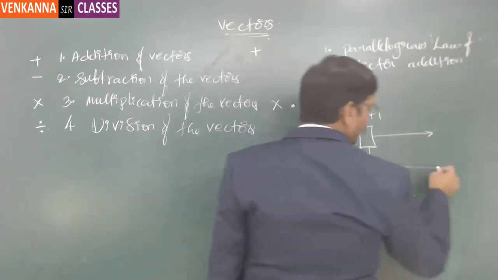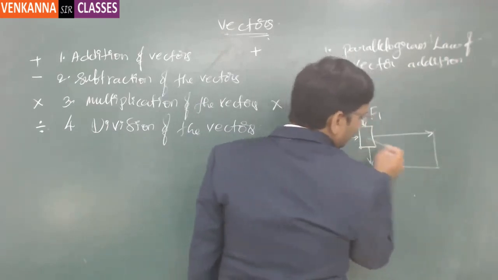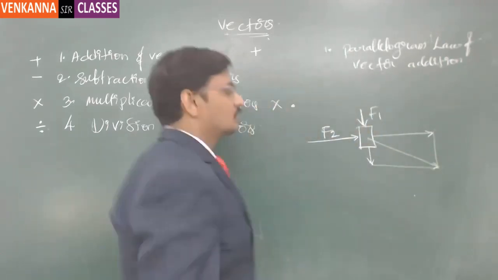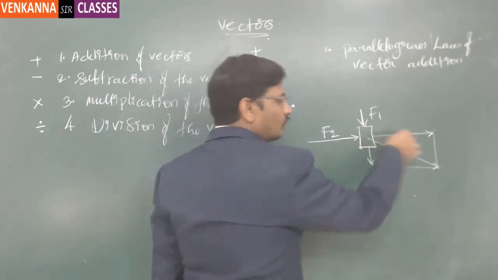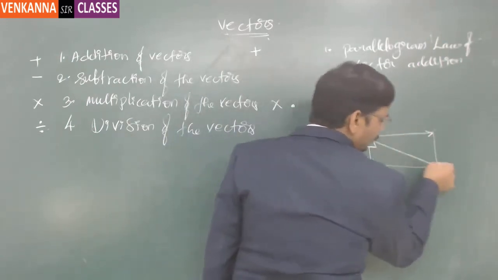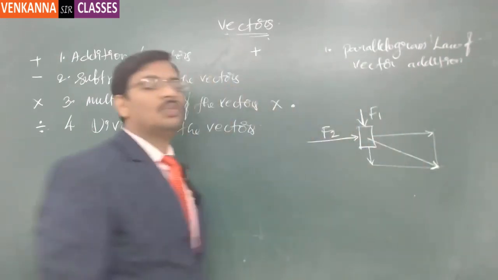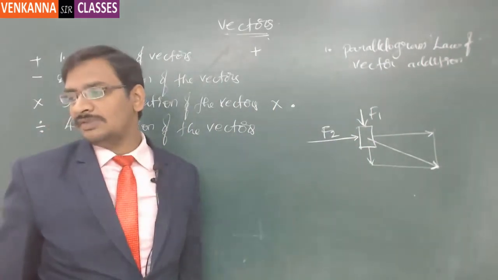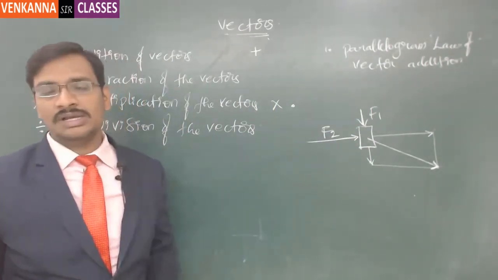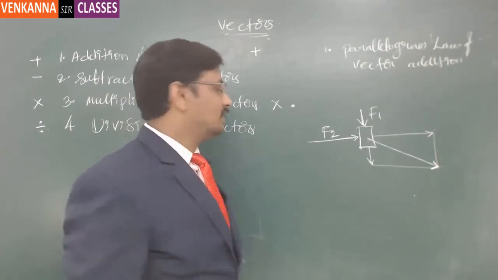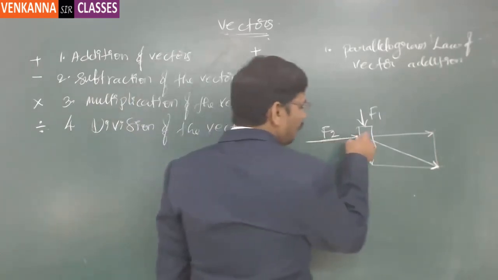The resultant will be, obviously, it has to be like this, right? So this won't go in this way, this won't go in this way, this will straight away move in this particular direction, right? That's what we call the resultant of these two vectors. Now here if you notice, indirectly what we have given is, being this is the bigger force, we have given